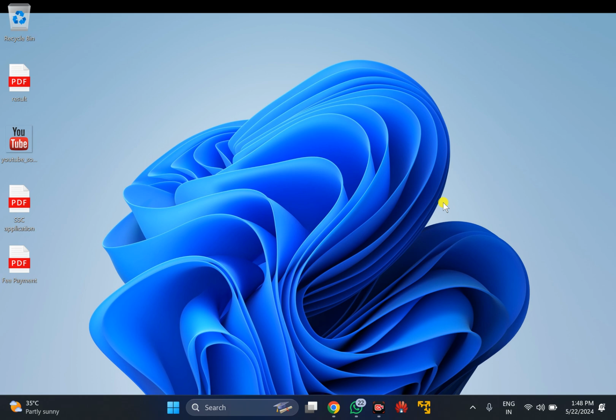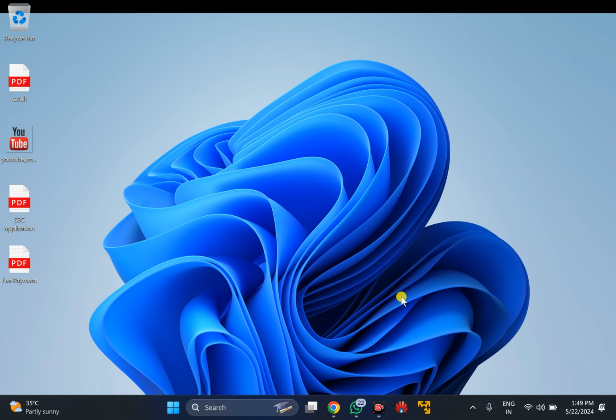In this video, we will guide you on how to show or hide file extensions on Windows 11 PC. By default, Windows 11 hides known file extensions. However, if you need, you can unhide these file extensions on Windows 11 using three methods. All are easy and you can use either method.